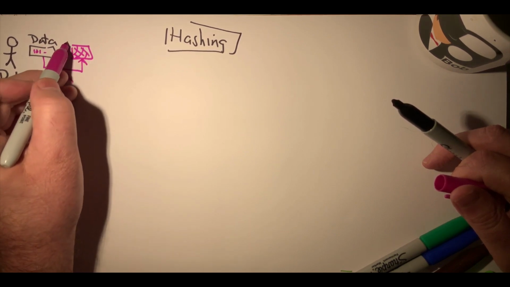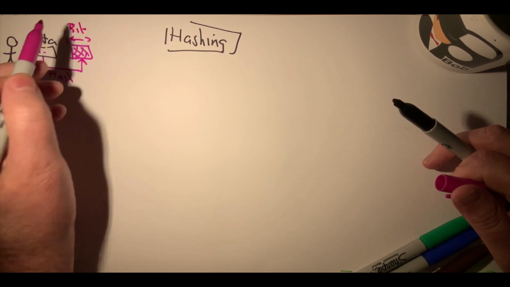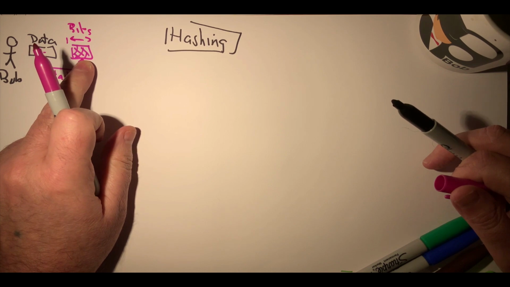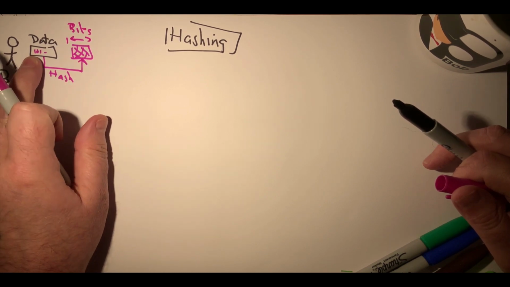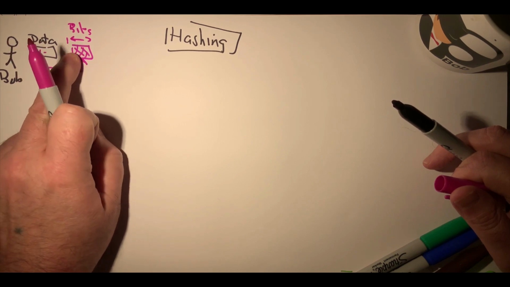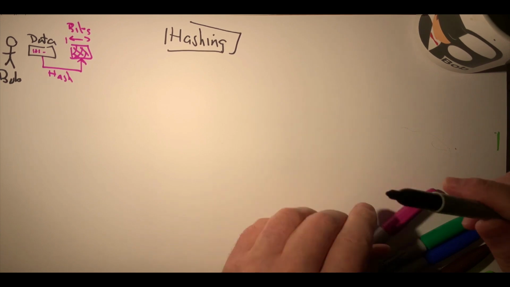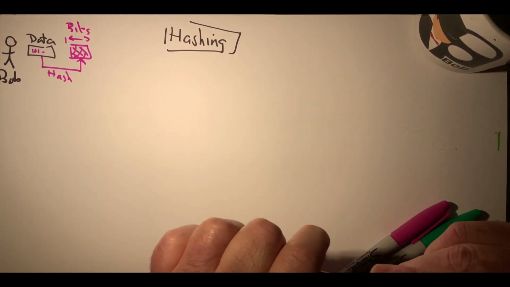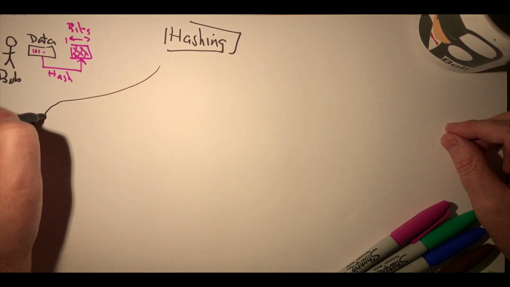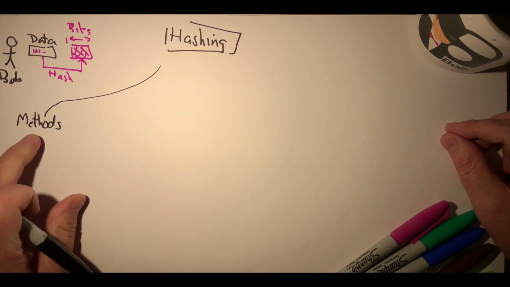This is normally a fixed format hash, so we have a given number of bits that defines the length of the hash. No matter if we have 1 byte of data or a terabyte of data, we always produce the same size of hash. And we always use a standard method that everyone can compute. So first, let's look at the methods that we have.